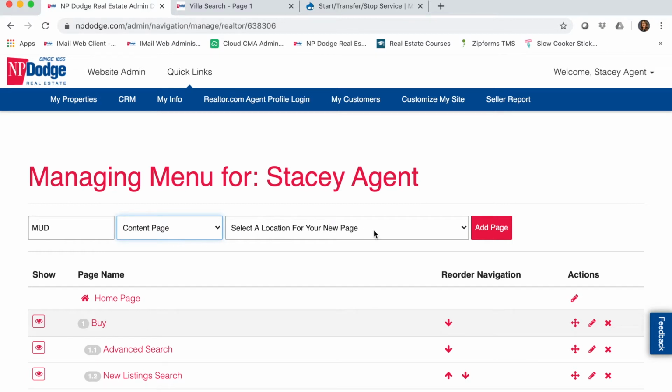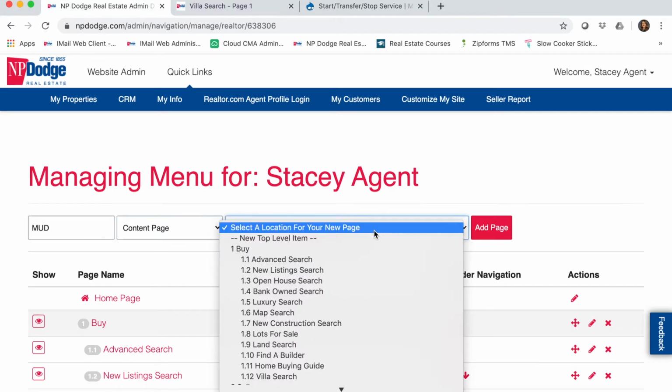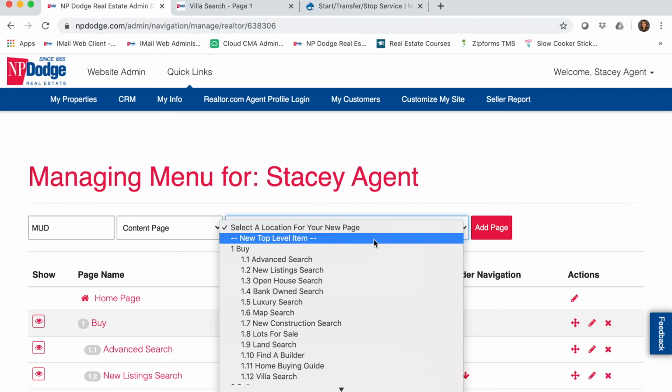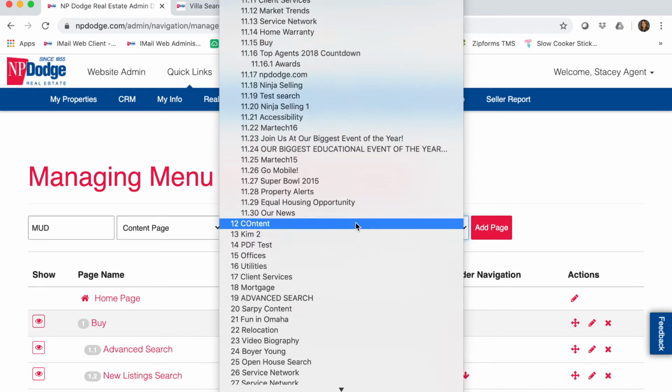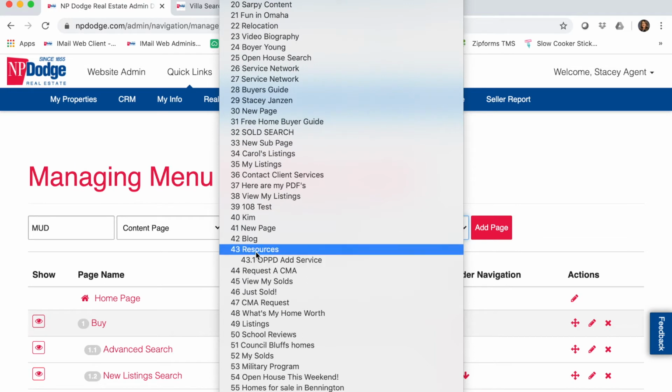The last thing we have to do is select a location. In this case, I'm not going to select new top-level item. I don't want it at the top of my website. I want it to live under an existing page. So I'm going to scroll down, and I want it to live under my Resources tab or top-level item Resources. I already have OPPD, so I'm going to select Resources, which then will make my MUD page